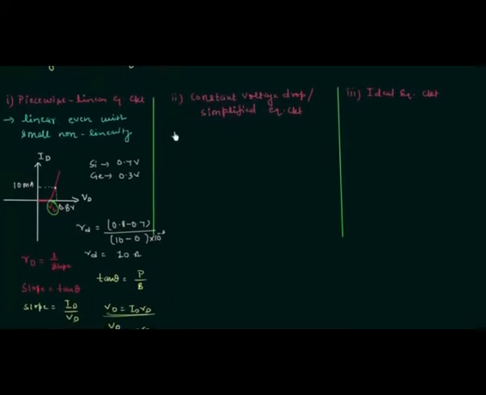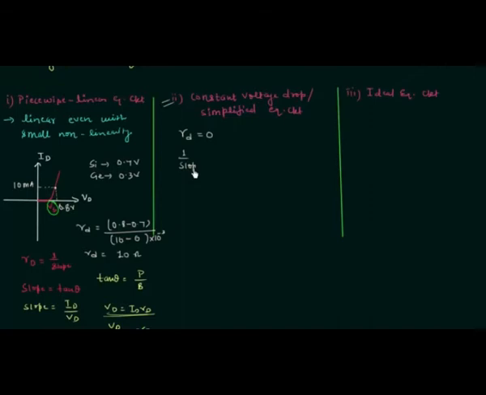Now we will move to constant voltage drop model or simplified model. In electrical circuits, resistance of diode is very small as compared to the resistance of other elements, so it can be neglected. There are two assumptions in the second model. In first assumption, we have to consider the linear curve instead of a small non-linearity, and in the second assumption we will consider the diode resistance Rd equal to 0, and when Rd is equal to 0 it means 1